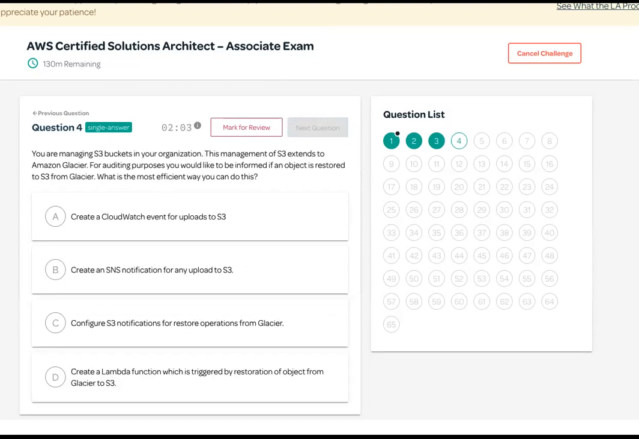Question number 4. You are managing S3 buckets in your organization. The management of S3 extends to Amazon Glacier. For auditing purposes, you would like to be informed if an object is restored to S3 from Glacier. What is the most effective way you can do